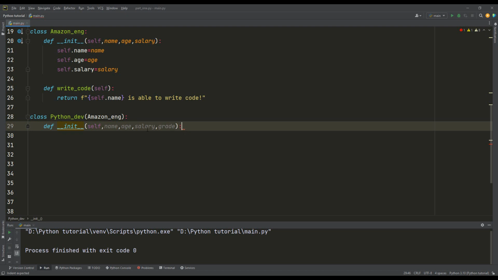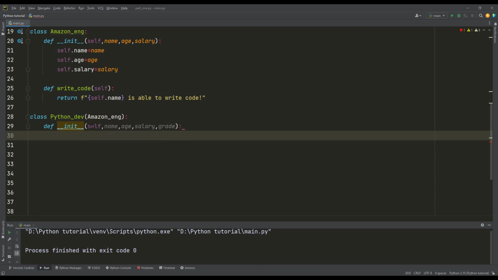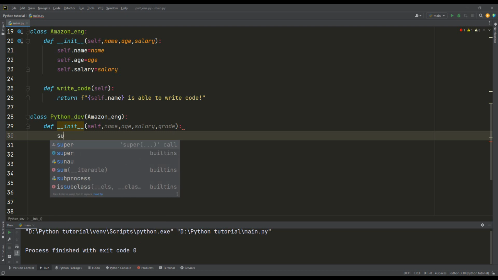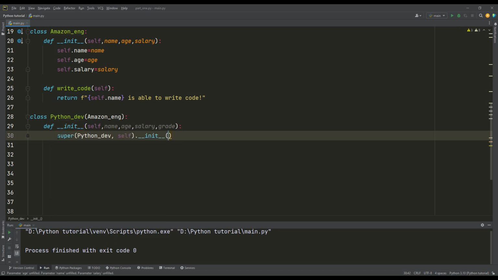And in the second line, we want to use directly the super method. Then I press enter here, and please take care about the indent or the space. We want to be in this zone, and we want to use what is called super. Super is nothing but a method. So what you can do here is, after entering here, you just write super,